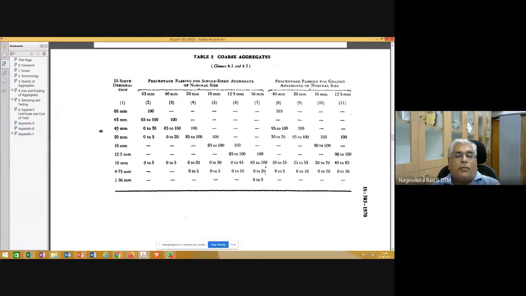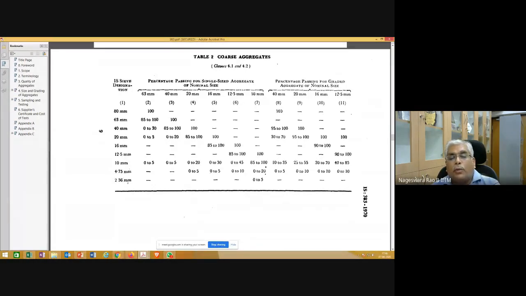Okay, so 40, 20, 16, 12.5 mm, 10 mm, 4.75 mm. Even though we are saying coarse aggregate, a broad definition is those aggregates which are retained on the 4.75 mm IS sieve.